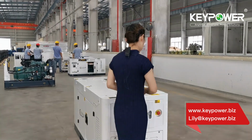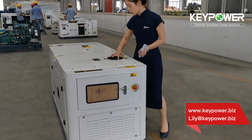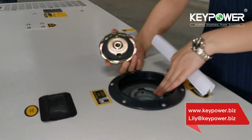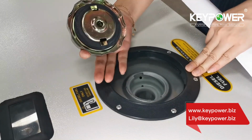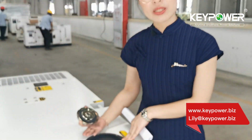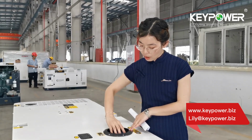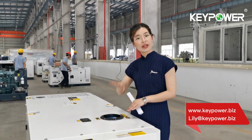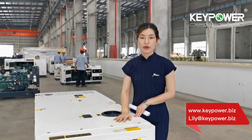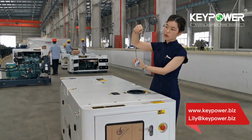For example, the control panel is here, and the fuel filling, the fuel tank is on the top of the canopy. We extend this idea from the portable gasoline and diesel generator. So the advantage of using the fuel tank on the top is this fuel tank is 50 liters, but it's good enough to use for this generator for the whole day, because from the top down to the fuel pump,